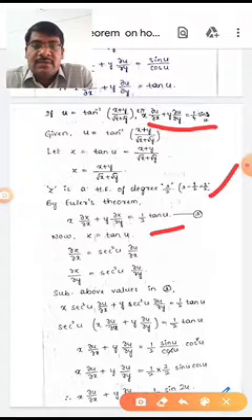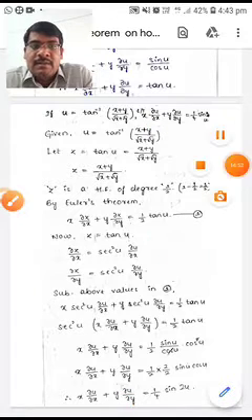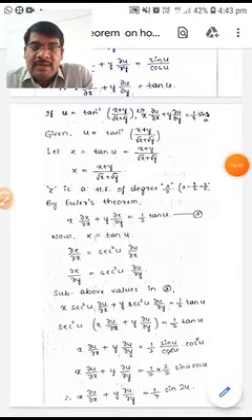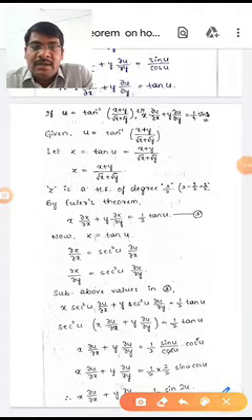Differentiate with respect to x on both sides. We are getting ∂z/∂x is equal to sec square u ∂u/∂x. ∂z/∂y is equal to sec square u ∂u/∂y. Substituting these values in equation 1, we are getting x sec square u ∂u/∂x plus y sec square u ∂u/∂y is equal to 1 by 2 tan u. Here sec square u is common on the left side, so we are getting